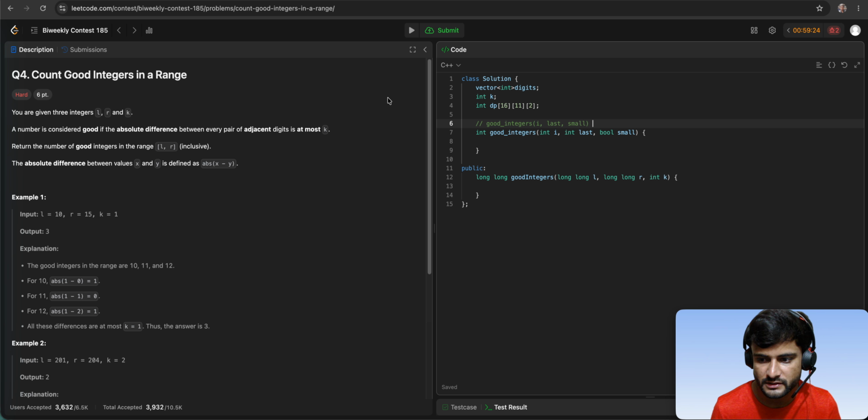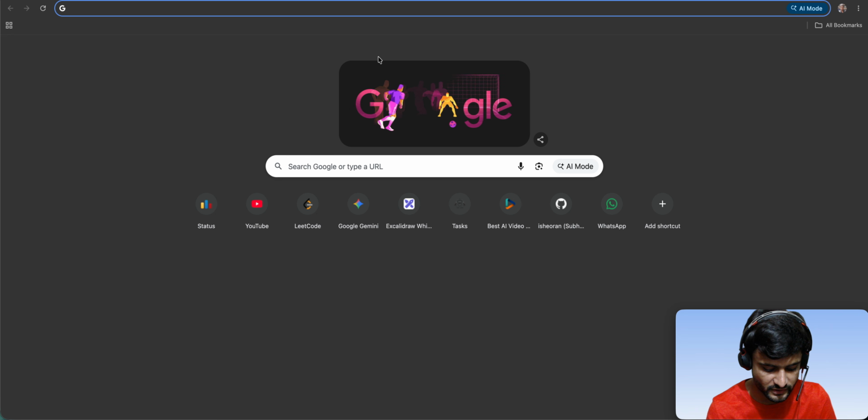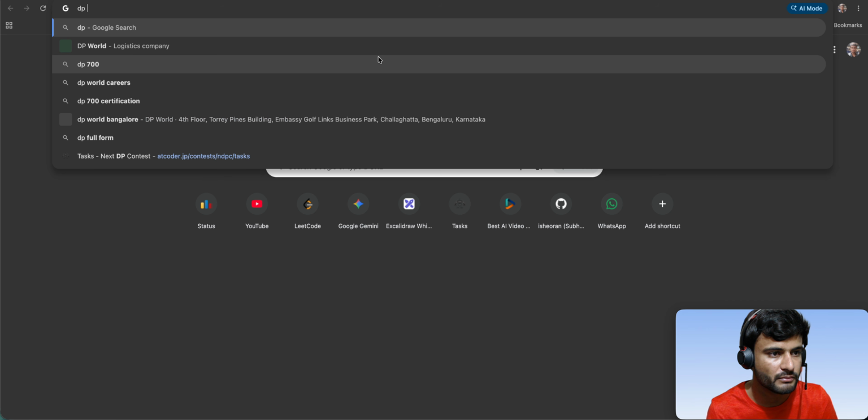One another thing, if someone is interested, before doing this problem, it will be very helpful if you learn more about what actually is a digit DP. If you read some of the blogs, you may easily find some of the blogs for digit DP,